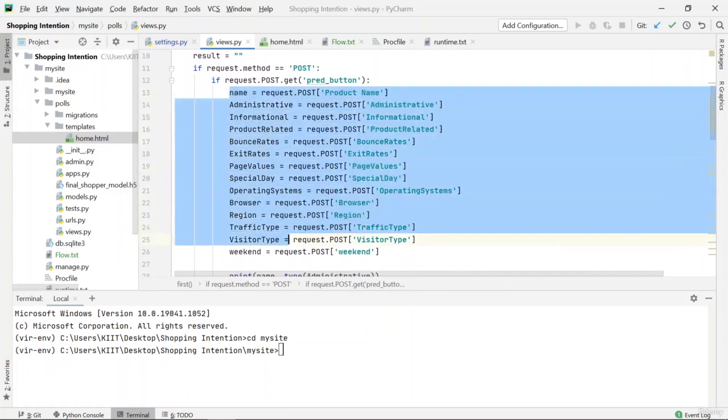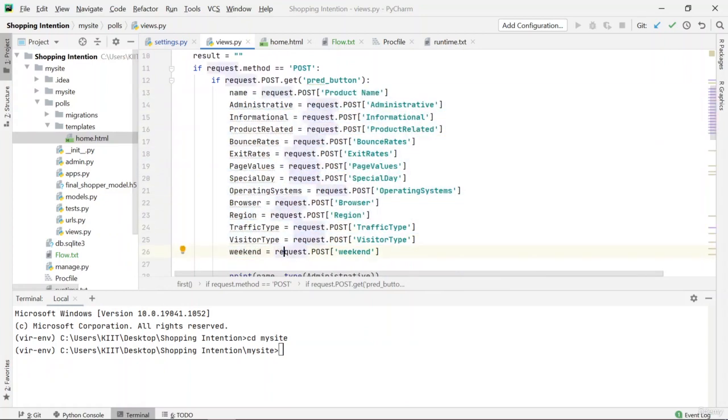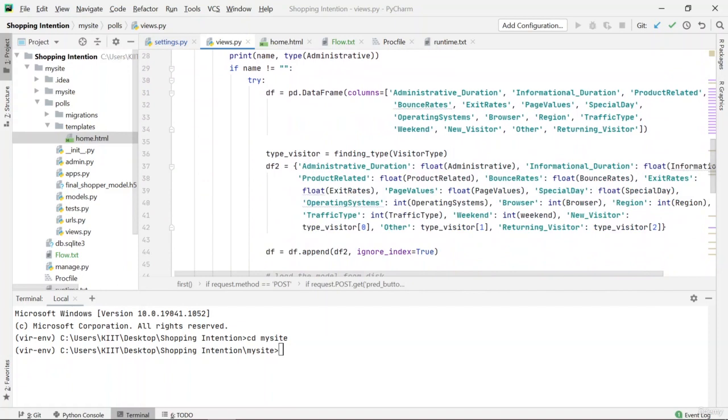and now I'm storing them inside my variables that I have defined. And once I've stored them in my variables, I'm inputting all of those into a data frame that I've created here. So you can see that the data frame has been created,